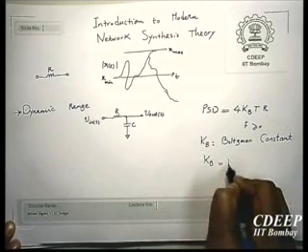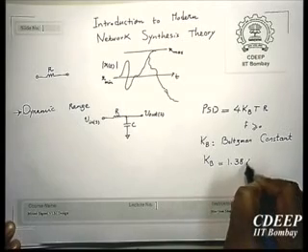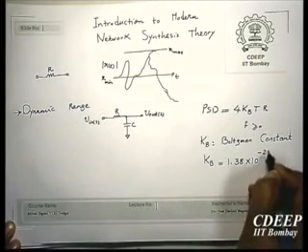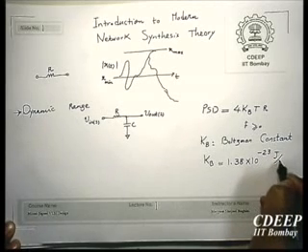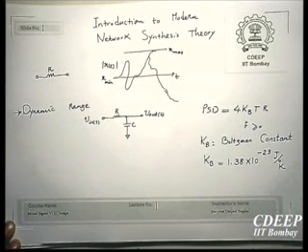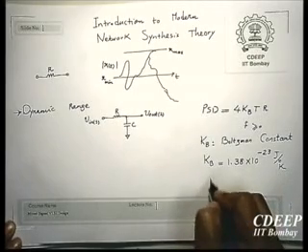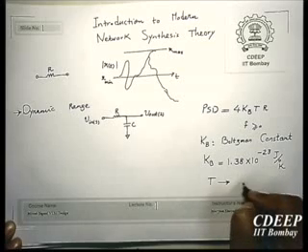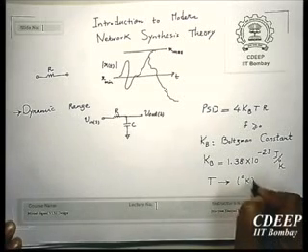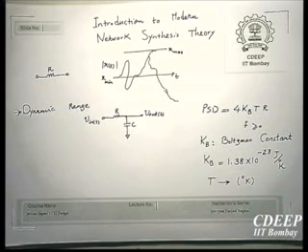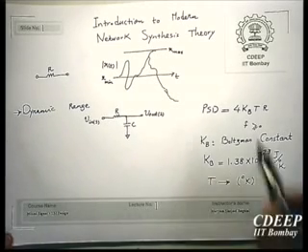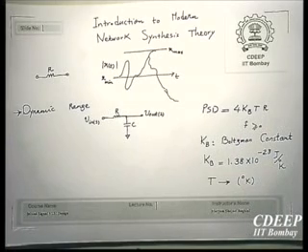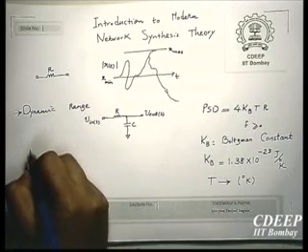Which is equal to 1.38 times 10 to the power minus 23 joule per degree Kelvin. And T is absolute temperature in degree Kelvin. So therefore, power spectral density of thermal noise is flat for all frequencies. Okay. Now, to get an idea, for example, if you have a resistor of 50 ohm,